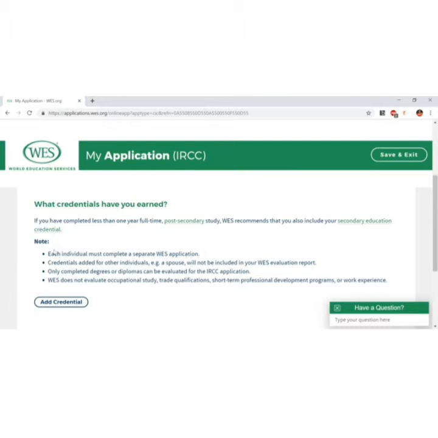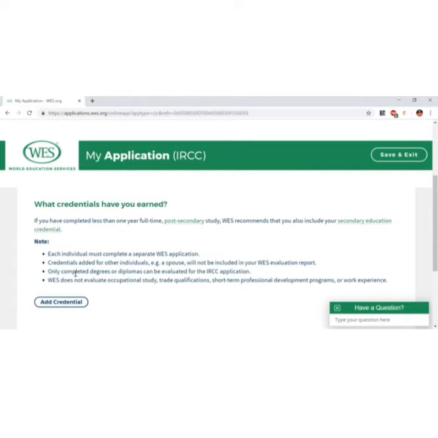And another thing is each individual must complete a separate WES application. Like most of them who are trying for Canadian PR now should be knowing that there is an option where you can apply as a family. Like either the wife or husband can be primary applicant, and the spouse and the children can be secondary applicants. Even in that case, if you would like to get your husband's or your partner's ECA done, it should be done through a separate application. One application and one reference number is for one individual only. It cannot be shared between individuals.